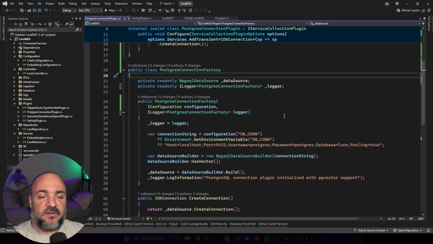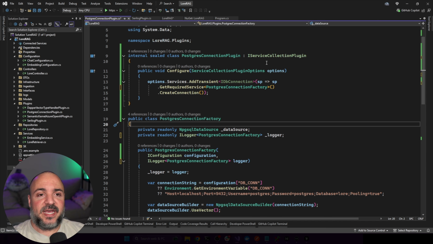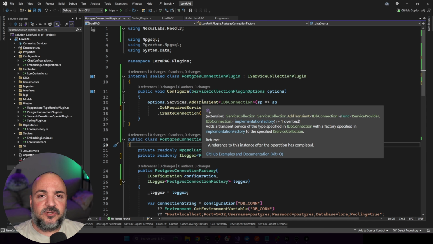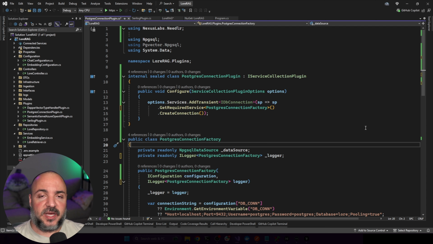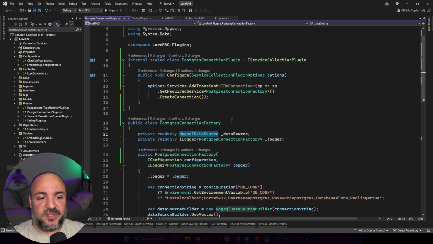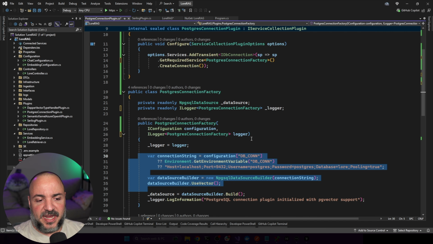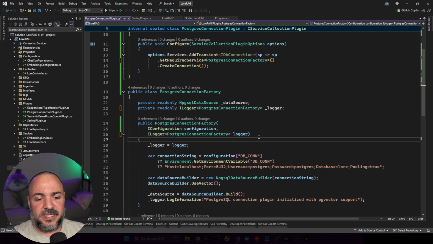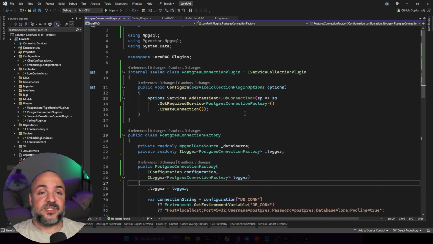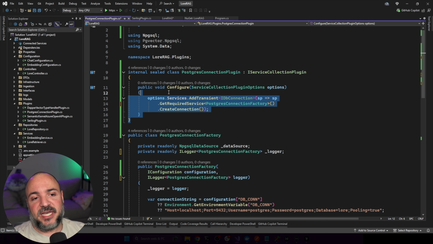And that means if I have a factory that is purely to create things, it doesn't need to be added as transient or scoped. I can simply have it as a singleton because I never need to make new instances of the factory itself. I have a sneaking suspicion that this SQL data source with this connection is not going to do what I want. So I'm a little bit nervous about that, but one thing that I will do once this is up and running is I would like to play around with changing this, because if this truly could just be a singleton,